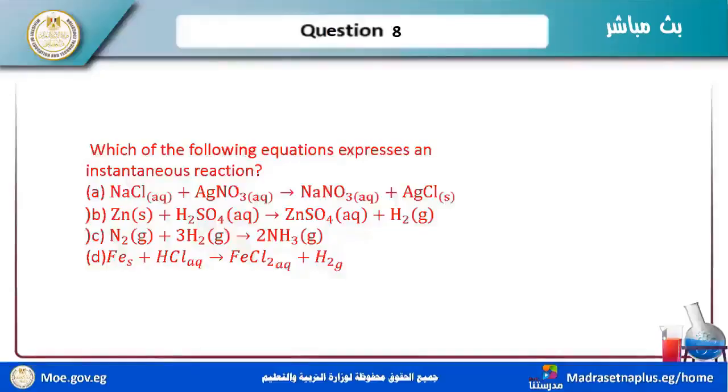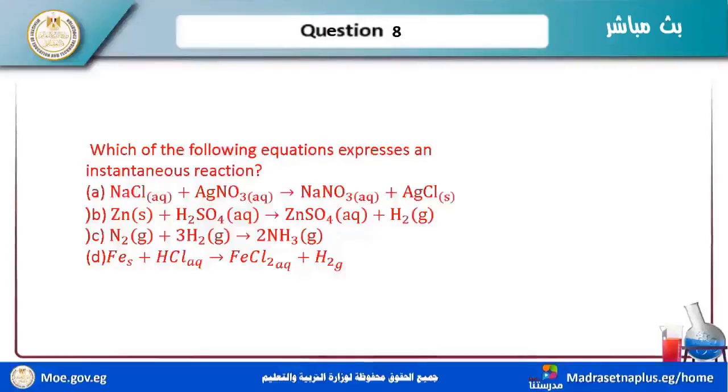The others: Zn solid plus H2SO4 in aqueous solution gives ZnSO4 plus hydrogen; N2 plus 3H2 produces 2NH3 gas; Fe plus HCl gives FeCl2 plus hydrogen. Now, which is the